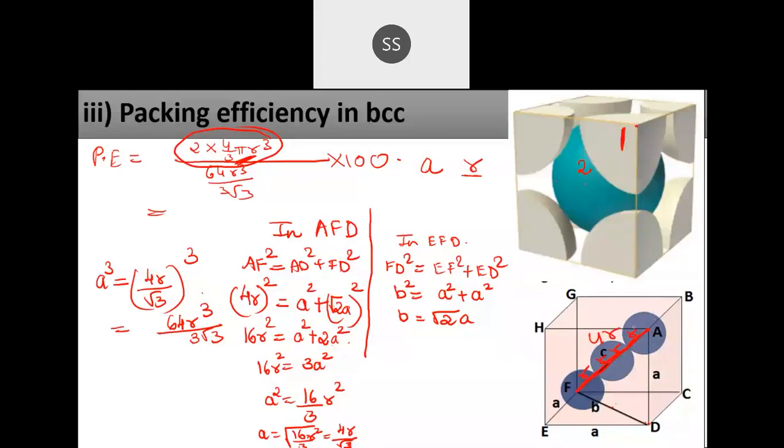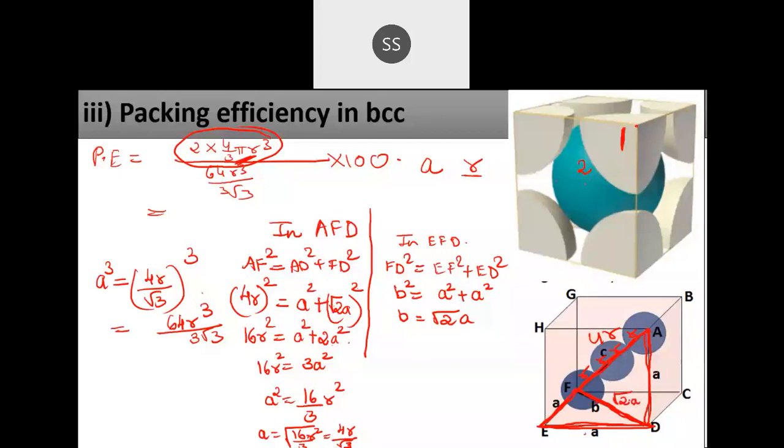And we know this side is A, because it is the side of the cube. So you know two sides. You don't know this third one, so this has to be calculated. This FD value has to be calculated. Now, if you want to calculate FD, you have to see the other two sides, that is EF and ED. Those two sides are equal, no? So if you know these two sides, then you can calculate the third one using Pythagoras theorem. You will get that as root 2a, when you do the whole calculation.